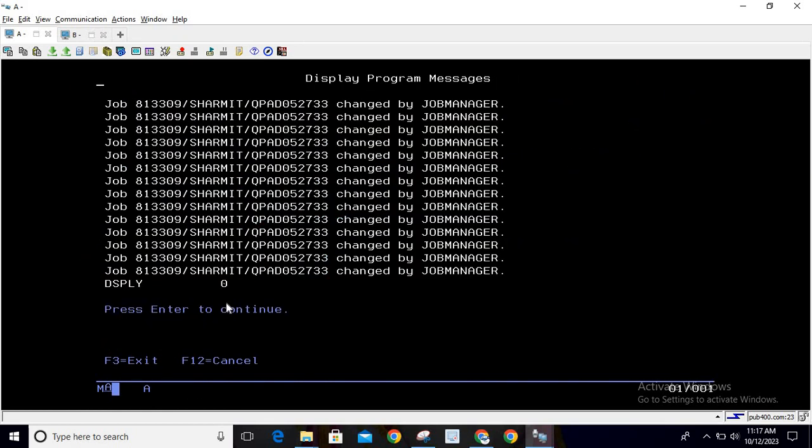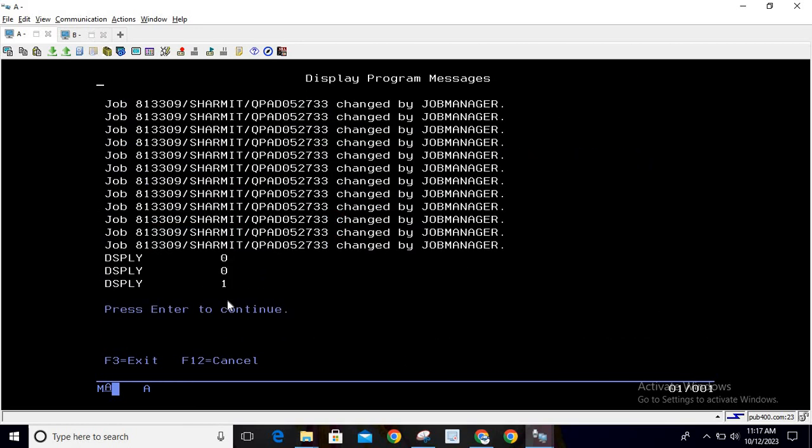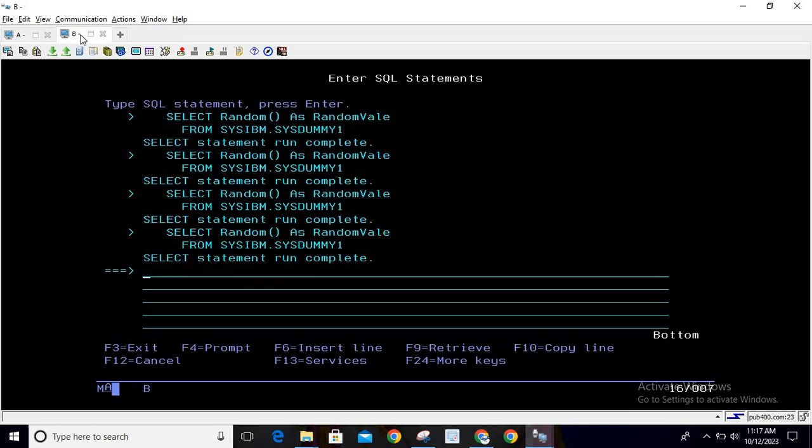The first time it is returning 0. If I call it again and again, you will see that the value changes to 1. Why? Because it is actually generating a decimal point value, but due to the program data type, it is converting and rounding off the value. But I will show you another example over the query where you will see that it is generating the actual